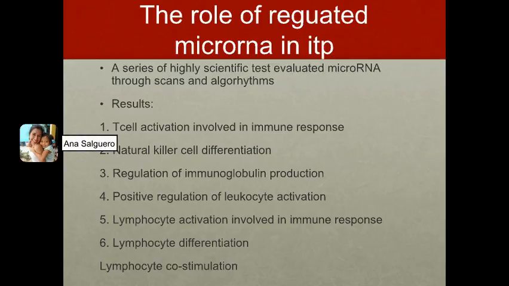To better understand the role of the regulated microRNA in ITP patients, they identified the predicted target genes of the significantly regulated microRNA using advanced, highly scientific tests like the TargetScan and the miRanda algorithms. It resulted in 7 different immunological results